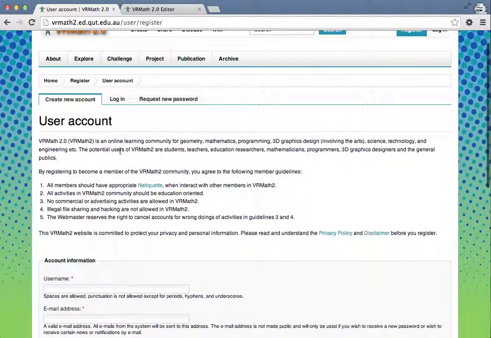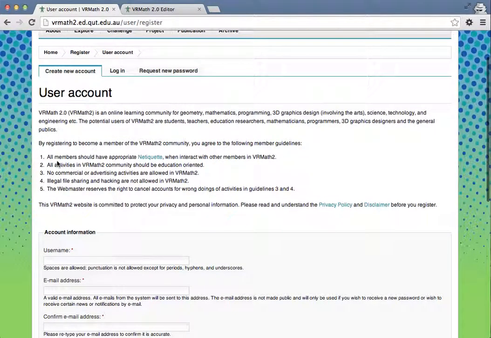The purpose of this website is basically for education. Therefore, when you register your account, you agree to the terms and conditions, at least the first 5. So all members should have appropriate netiquette when interacting with other members in VRMath2. All activities in the VRMath2 community should be education-oriented. Therefore, no commercial, no advertising activity allowed, and there's no illegal file sharing, or